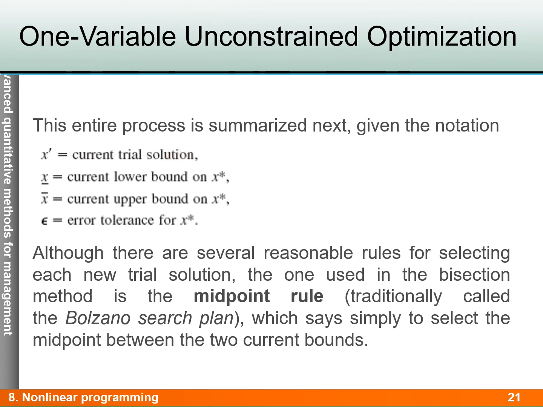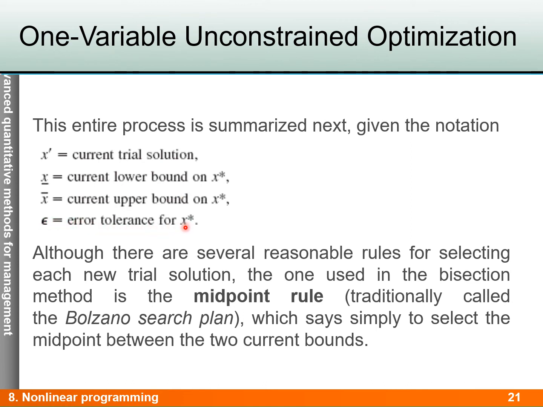X bar down is the current lower bound on X star. X bar up is the current upper bound on X star. Obviously, our X prime should be somewhere between these two, lower bound and upper bound, and the error of tolerance